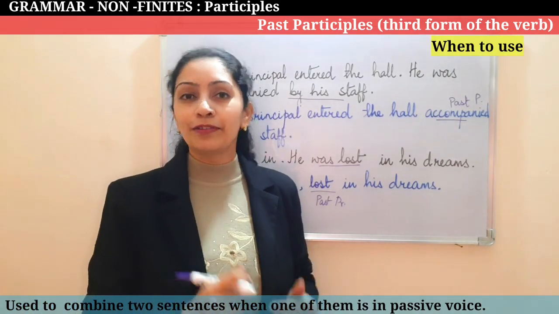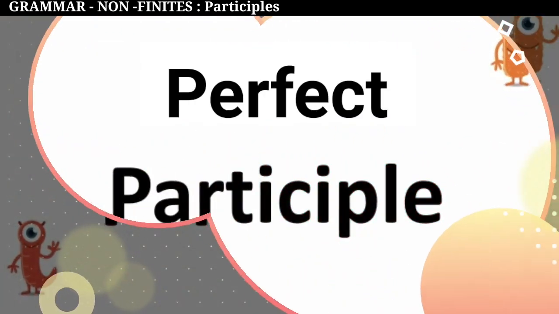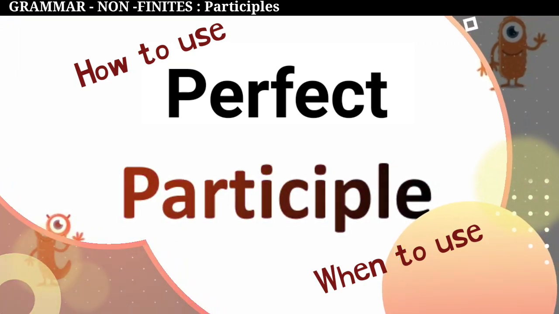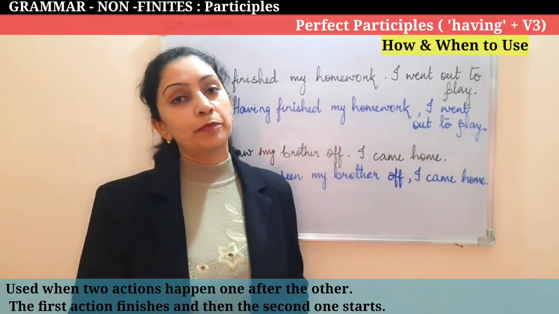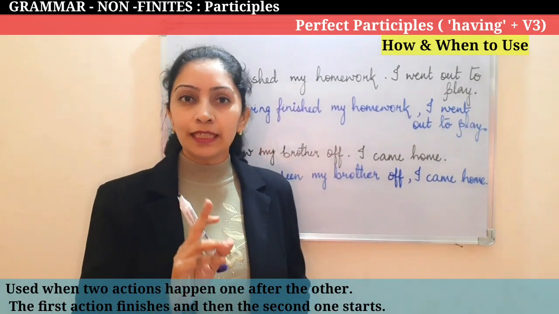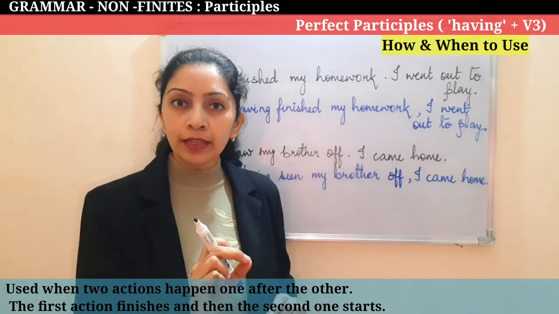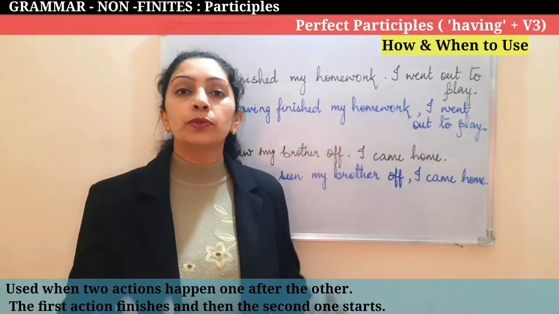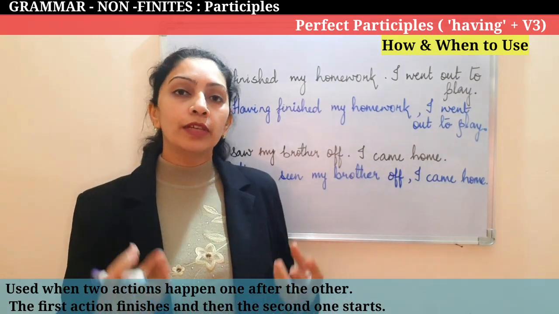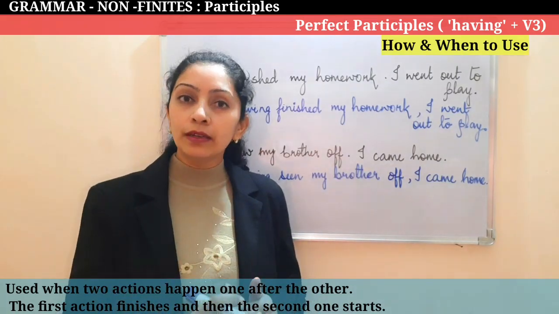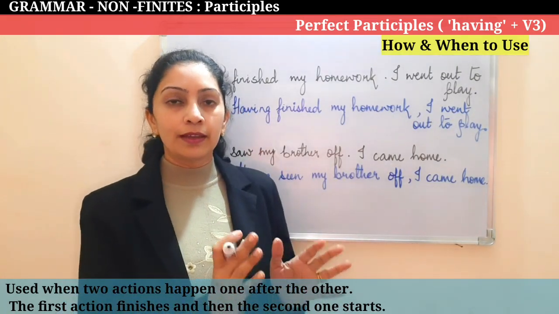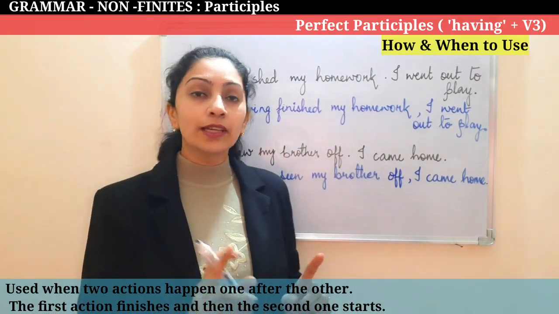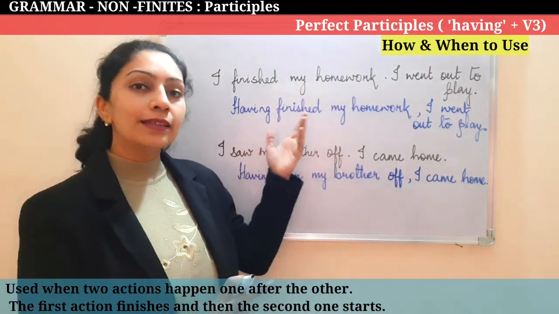Now let's look at perfect participle. Now let's understand the third type of participle, that is perfect participle. The format of perfect participle is having and third form of the verb. Now this perfect participle is always used to combine two sentences, or when we are talking about two actions which happened one after the other, which means the first one happened, finished, and then the second one started. So in such a case we will use this participle, and let's see how to combine the